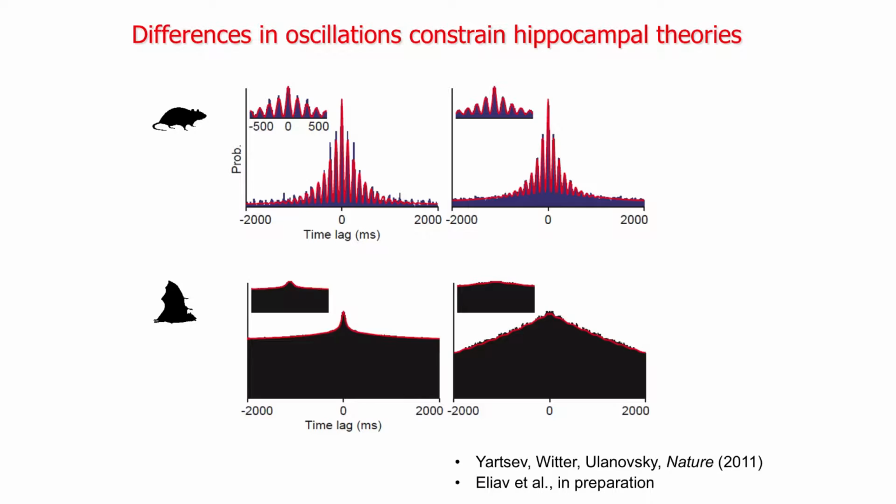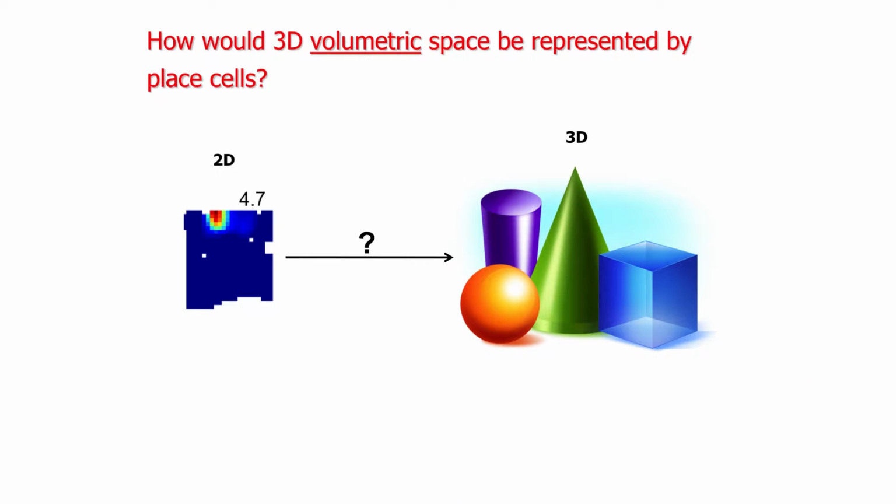So I think this is an interesting story: in the rodents, you have three things that always co-occur: the almost perfect sine wave oscillation, synchronization, and phase coding. And in the bat, we don't see the first one. We don't see a perfect sine wave, but you see the other two, the synchronization and the coding. So I think this is an interesting example of how the comparative approach can tell us what the key features of the system are. So let me go back to